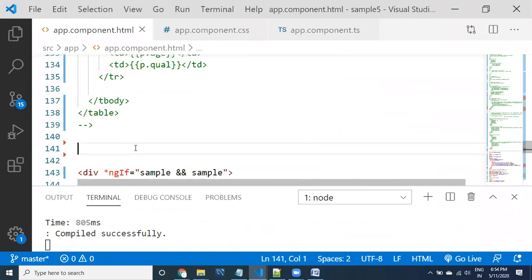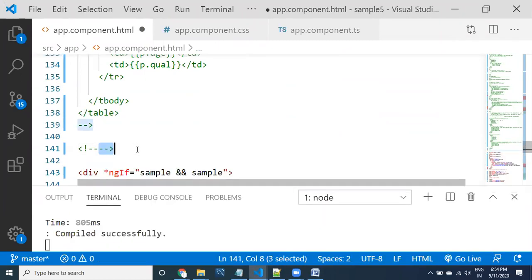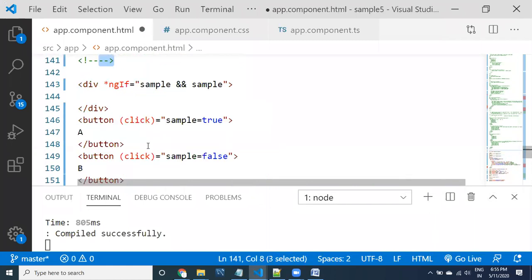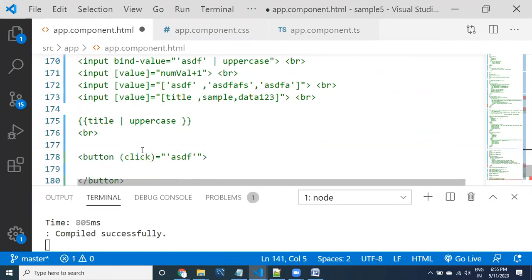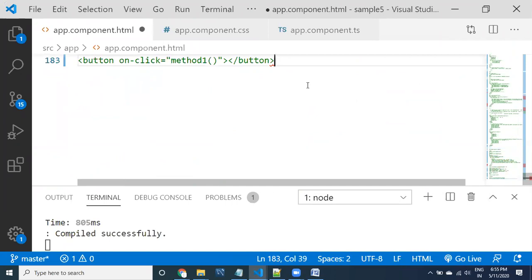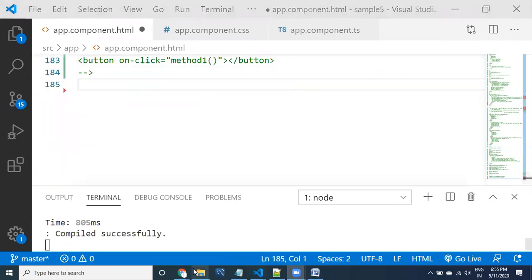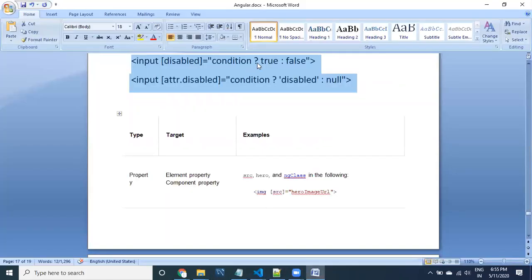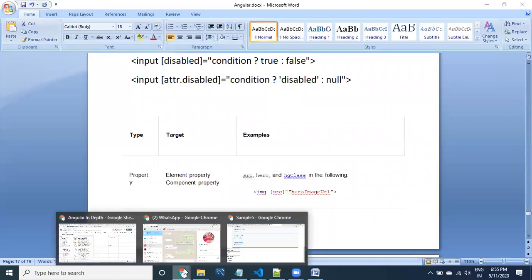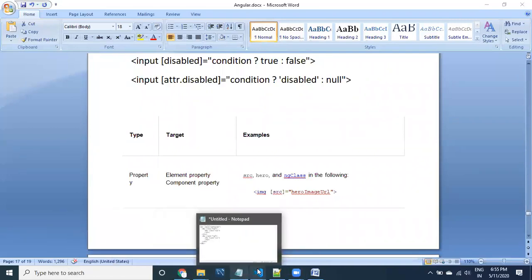What I will do is comment this code. Until here, I don't want anything, so I'm just trying to copy the code.